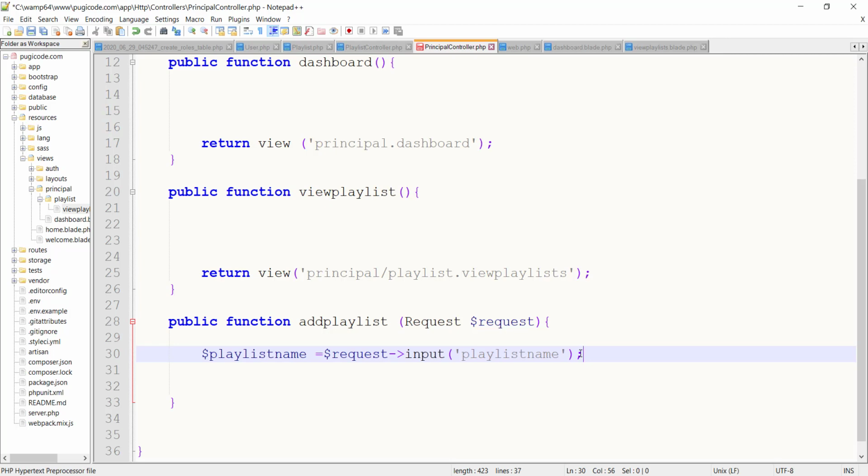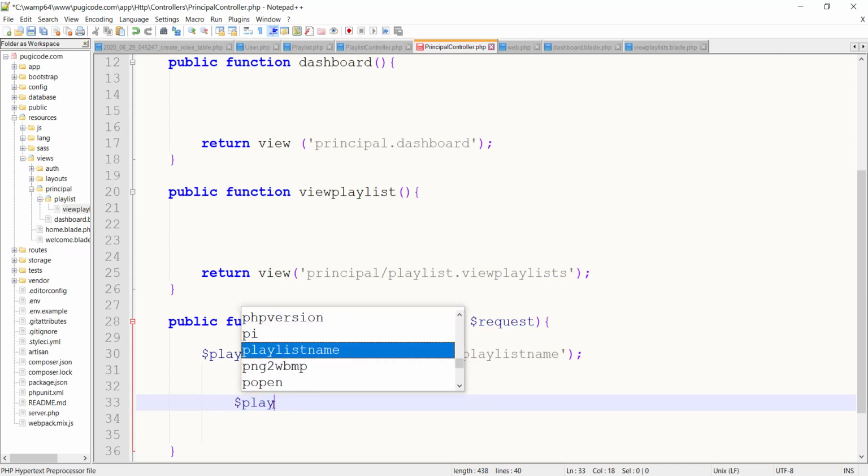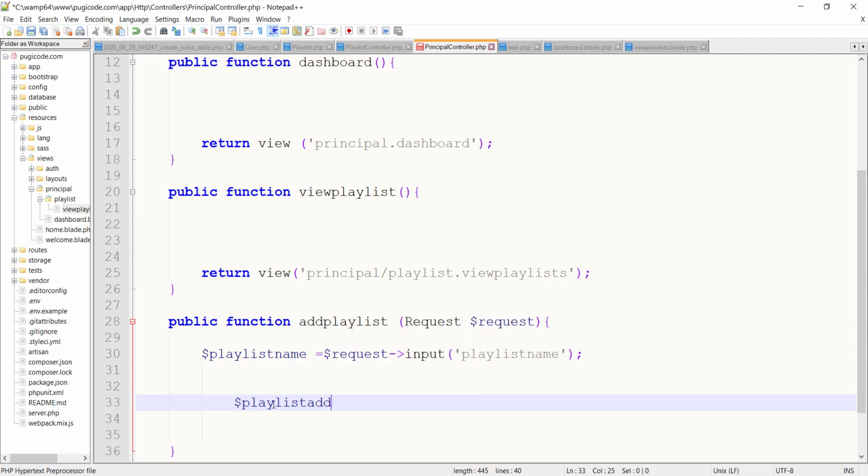Okay, so we're going to create another variable, and we call that variable playlist add. So I'm just differing the names so that you can totally understand that it doesn't need to be a rhyming story. Playlist add, playlist, such things. So I'm going to call this playlist add. Playlist add will equal to